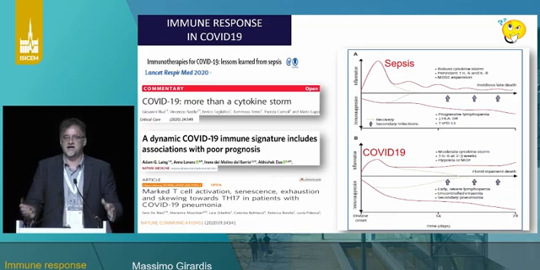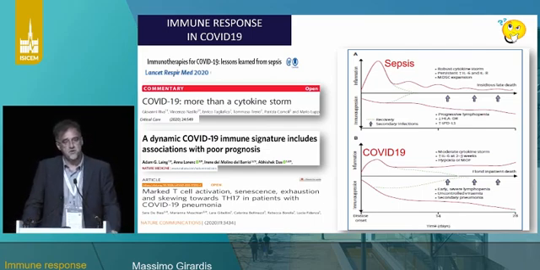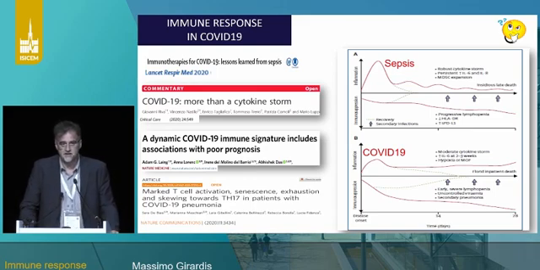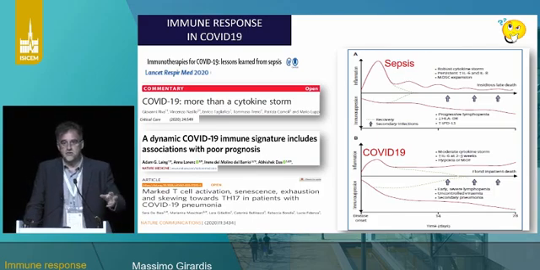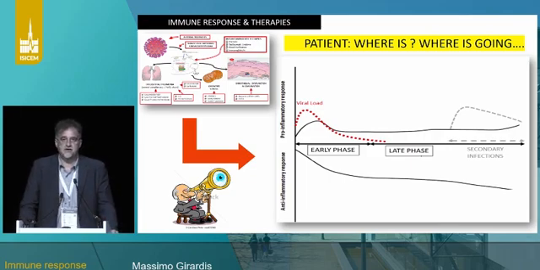We understand that at the end of the story, COVID-19 is quite a viral sepsis. And we know from bacterial sepsis, plus fungal sepsis, that the immune response may vary significantly among patients. My suggestion is that for the right application of a treatment, particularly antiviral treatment as well as anti-inflammatory treatment, we have to focus on the response.